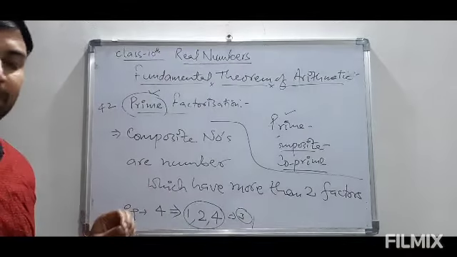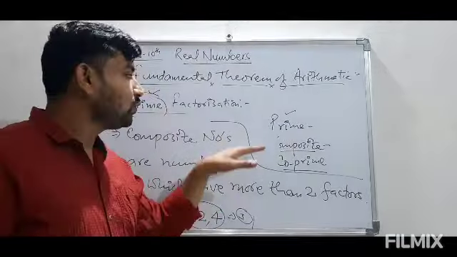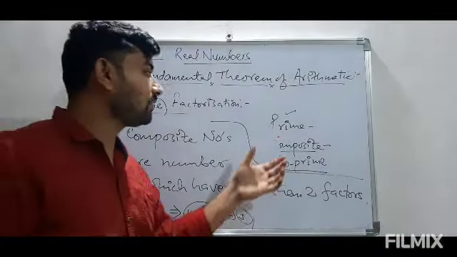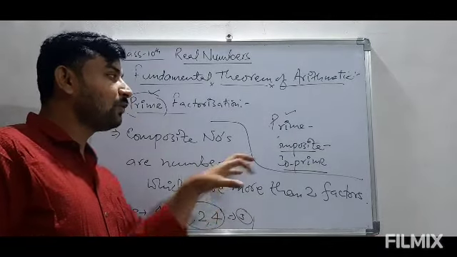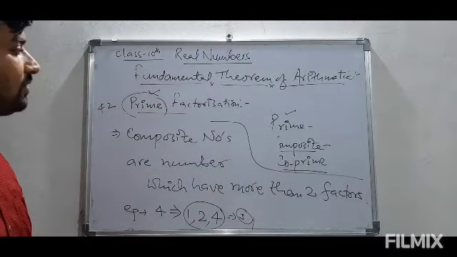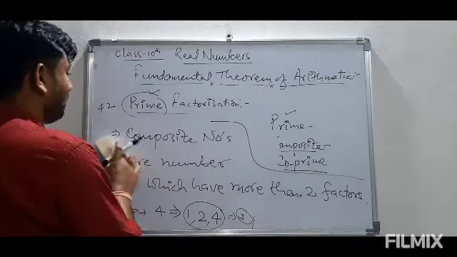Similarly, 2 is the smallest prime number, as well as the only even prime number. Thereafter 3, 5, 7, 11, all are odd numbers. The only even prime number is 2. Here the smallest composite number is 4, and after this, if we exclude 1 from the natural numbers and take out prime numbers, all remaining natural numbers will be composite numbers. So this is all about prime numbers and composite numbers. Now let us come to co-prime numbers.